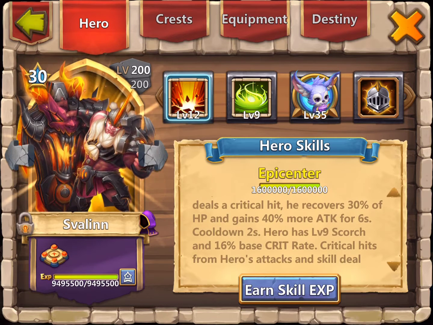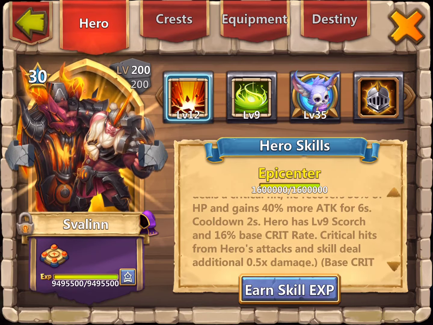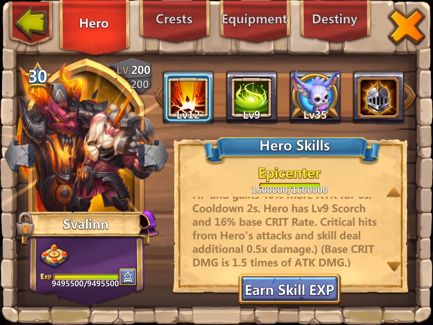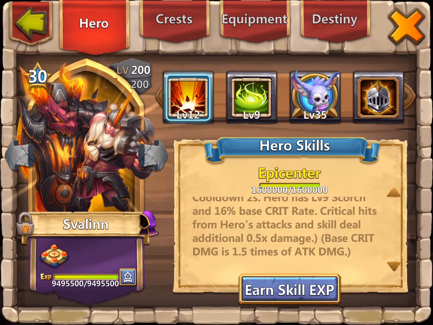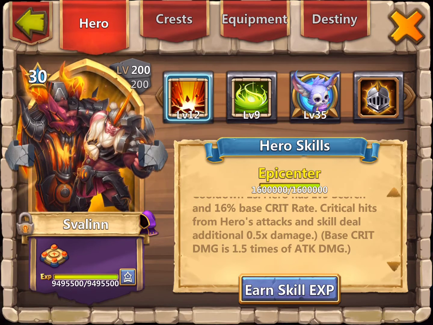If he scores a critical hit on the enemy, he gets a health regain. He also gets an attack boost. This lasts for 6 seconds with a cooldown of only 2 seconds, meaning it's always going to be operating, always cycling, always working. He has an inherent 9 Scorch. He has a base crit rate of 16%. That's tremendous as a base crit rate. So he's going to be performing crits